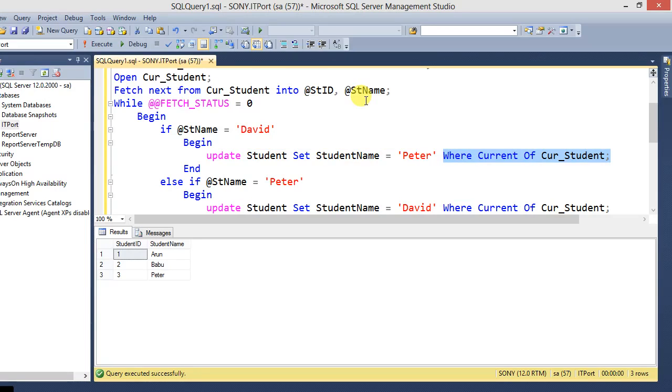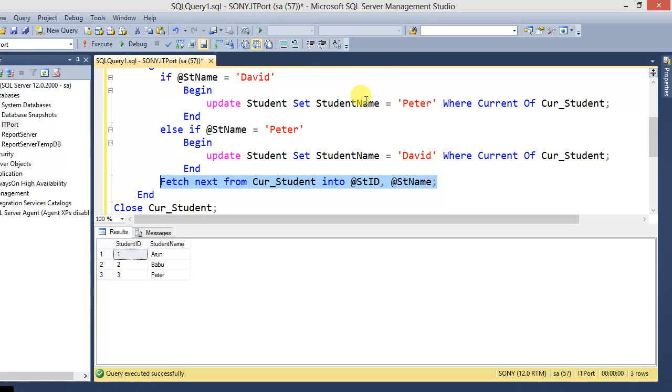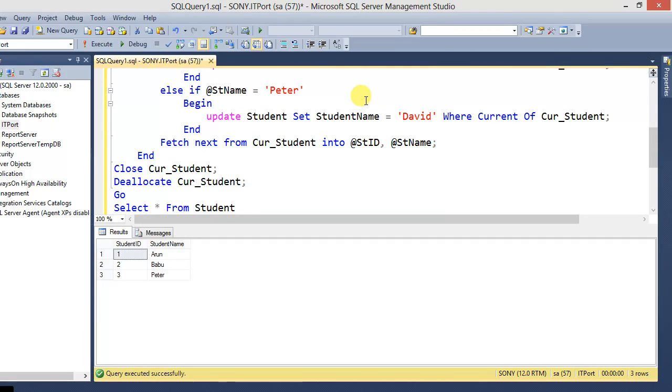This is the syntax, and it will update the row whose data contains David. Again, within this ELSE condition, if student name is equal to Peter, again update the student name as David WHERE CURRENT OF cursor student. So find out the next position of the cursor, close the cursor and deallocate the cursor.